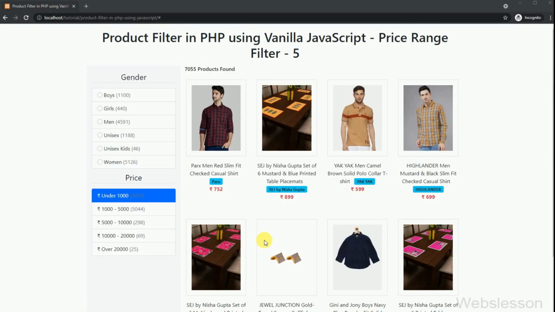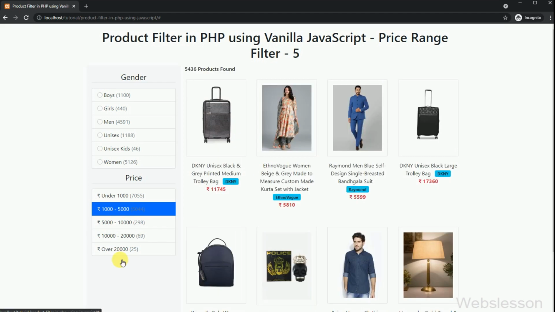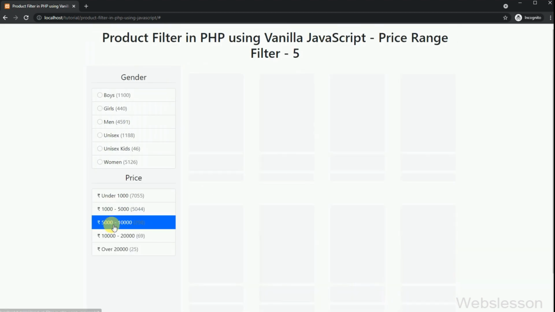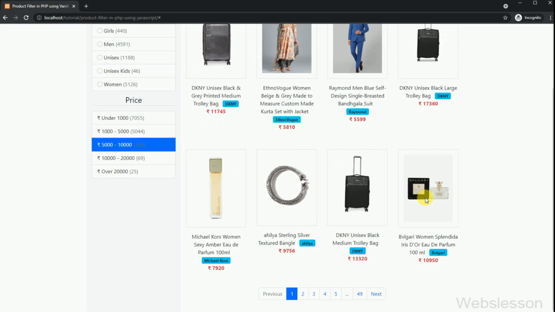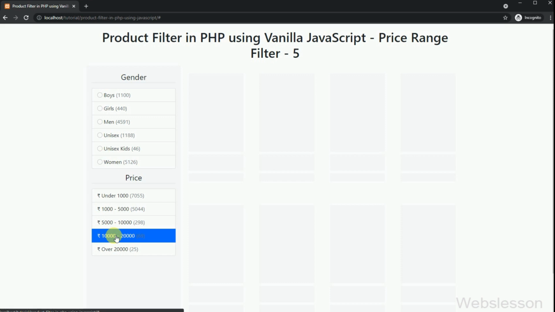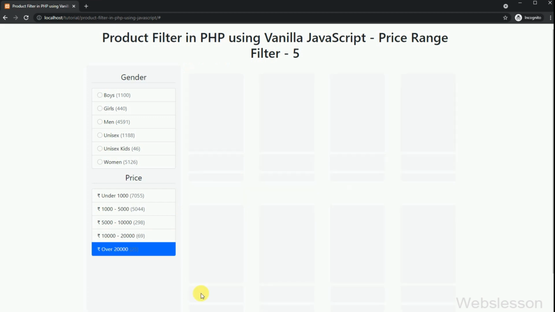So here the price range filter is working properly, and under this filter, when we click on any price range filter, it loads the products of that price range on the web page, without refreshing the web page. Here we can filter products in different price ranges, so under this tutorial, we have learned how to implement a price range filter, under this advanced price filter tutorial, using a PHP script with JavaScript. In the next part, we will learn how to make a checkbox filter, under this price filter tutorial, with multiple checkbox click filter, using JavaScript with PHP.